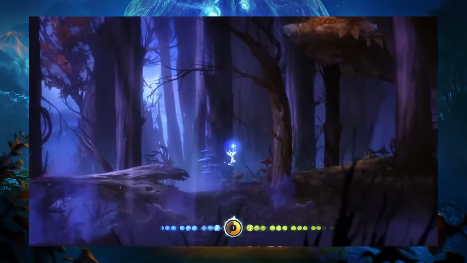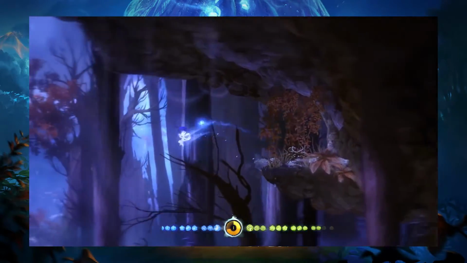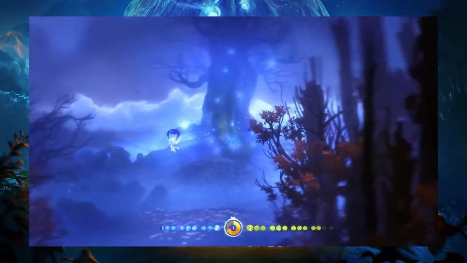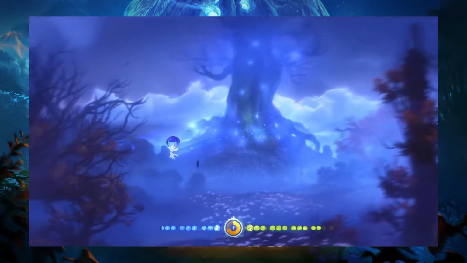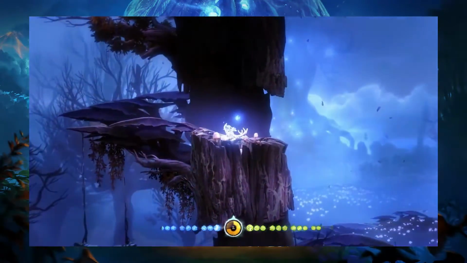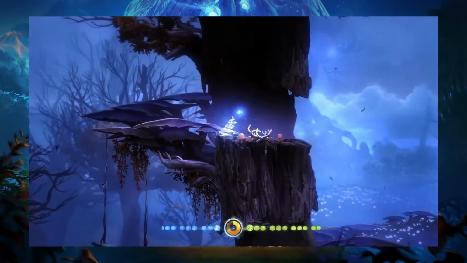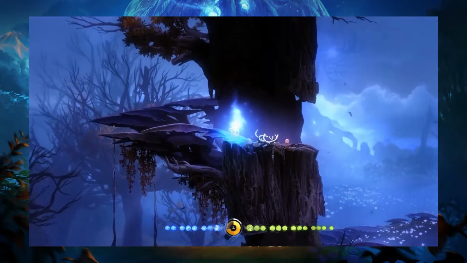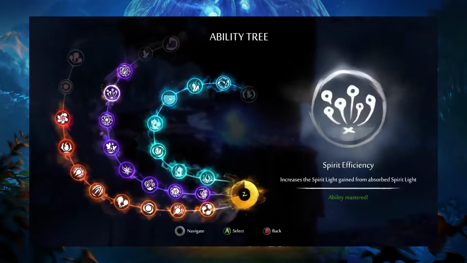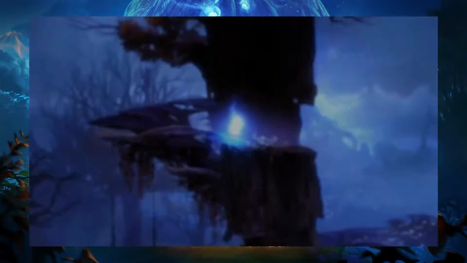Alright guys, so we made it over here, and there actually is wind to where we can get this, which is another 400. Now we're just riding the wind right over. And we got ourselves another ability sphere. So now I'm going to go ahead and save just in case I die again. So since we got 2, can now go ahead and use this, make all the energy markers show up,